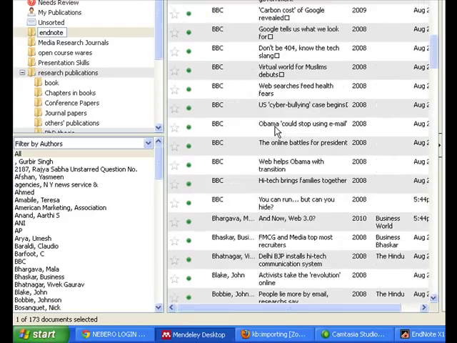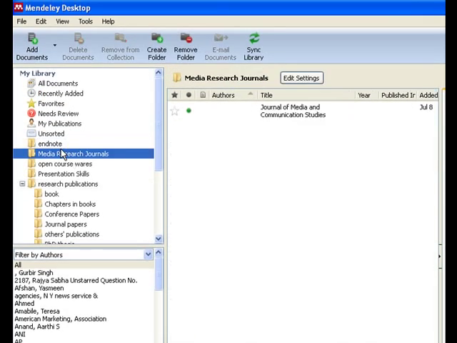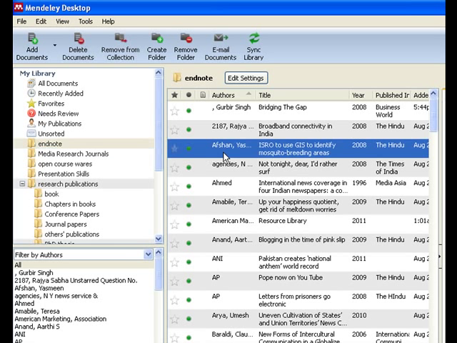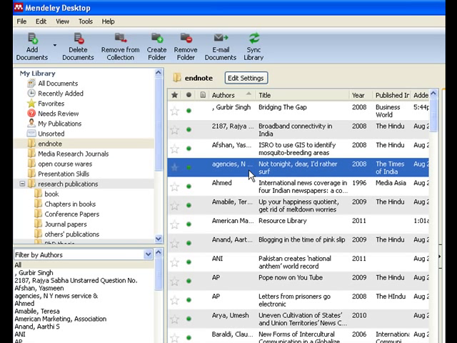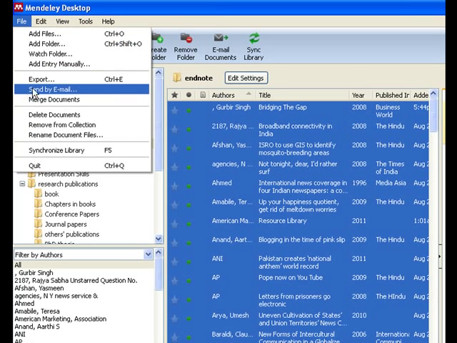And as you know, Mendeley is also a research bibliography management software. It can save your research publications also. Mendeley has been discussed separately in many parts. So first the journey is from EndNote to Mendeley, and then from Mendeley to the Zotero. So now these references have been imported from EndNote. Now we want to export them to the Zotero. So what I will do is I will select all, and then I will click export,